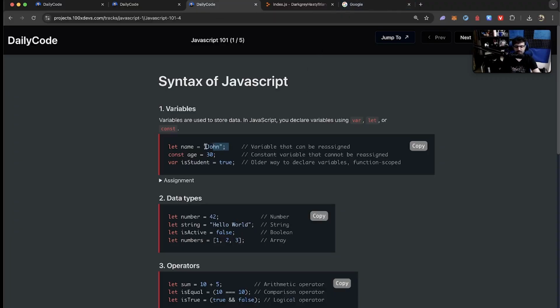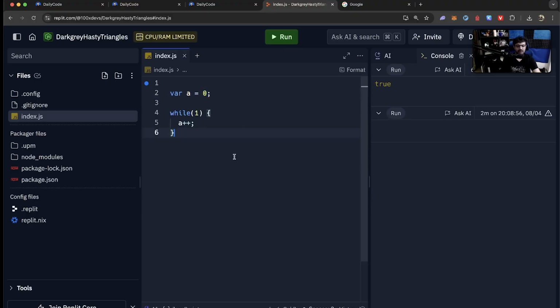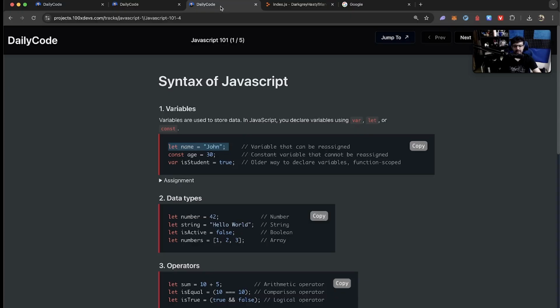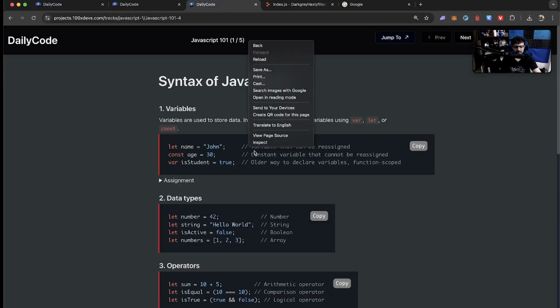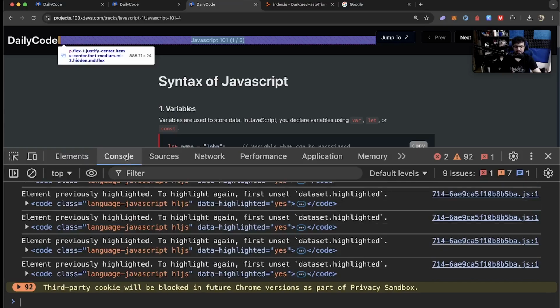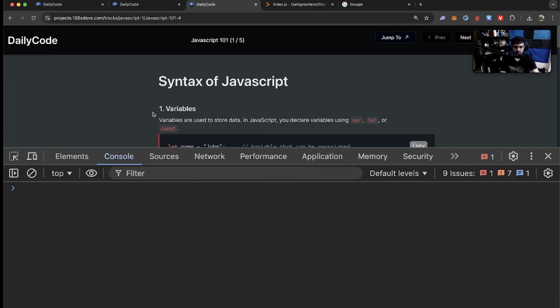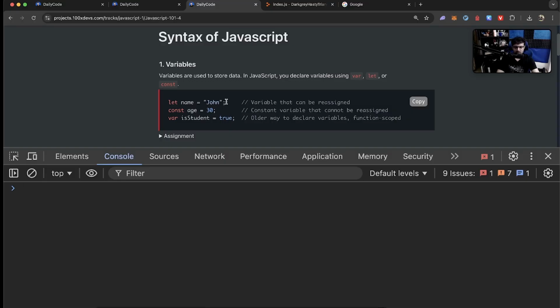Number 1, let name equal to John. Let's go to Replit. If you want to run it locally, run it locally. If you want to run it on Replit, you can run it on Replit. If neither works, then as I said, right click, inspect, and then start to write the code over here. So if the code is let name equal to John, then you can write it here as well.